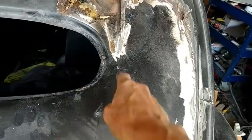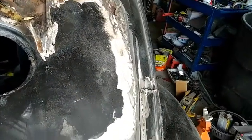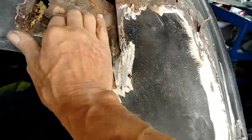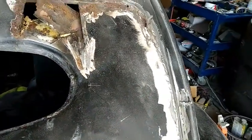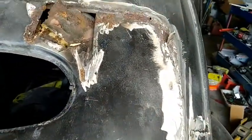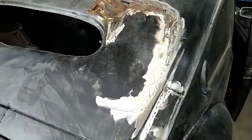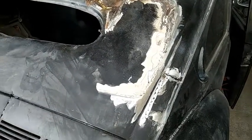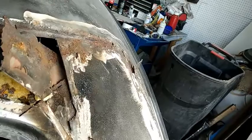I don't know what I'll find when I get down into here, but I think my best bet's just try to get all this junk out of here, get down to halfway decent metal, and just cut me a couple pieces or something to fill this big hole. Not very good. So that's what I'm doing, just trying to